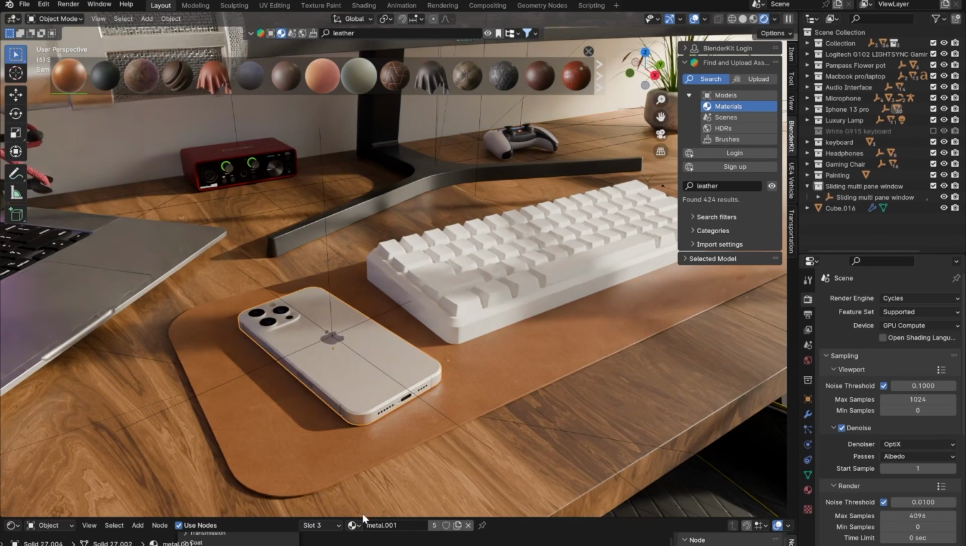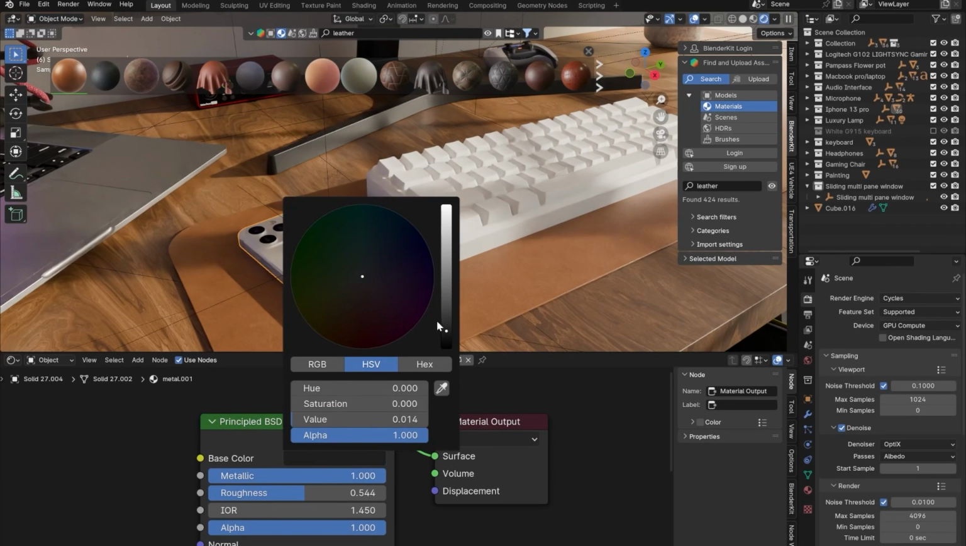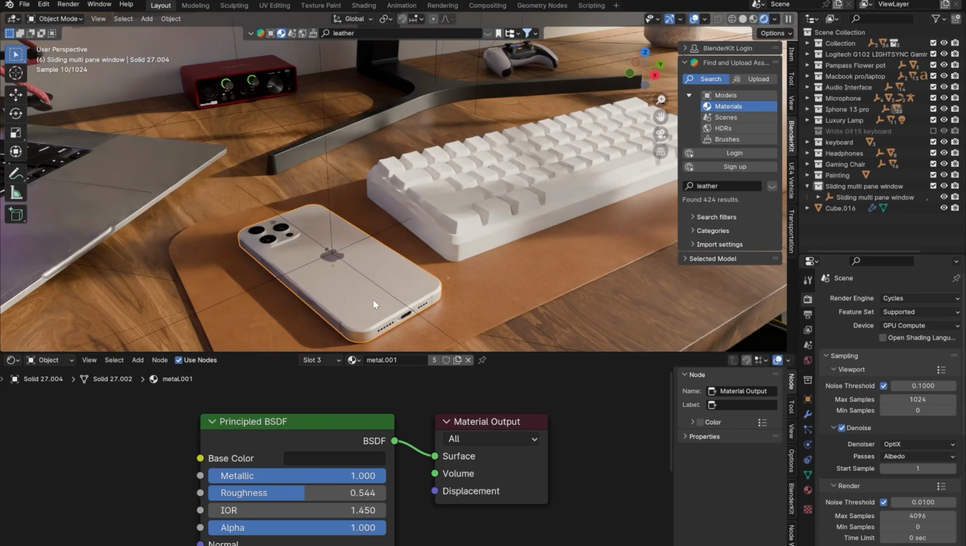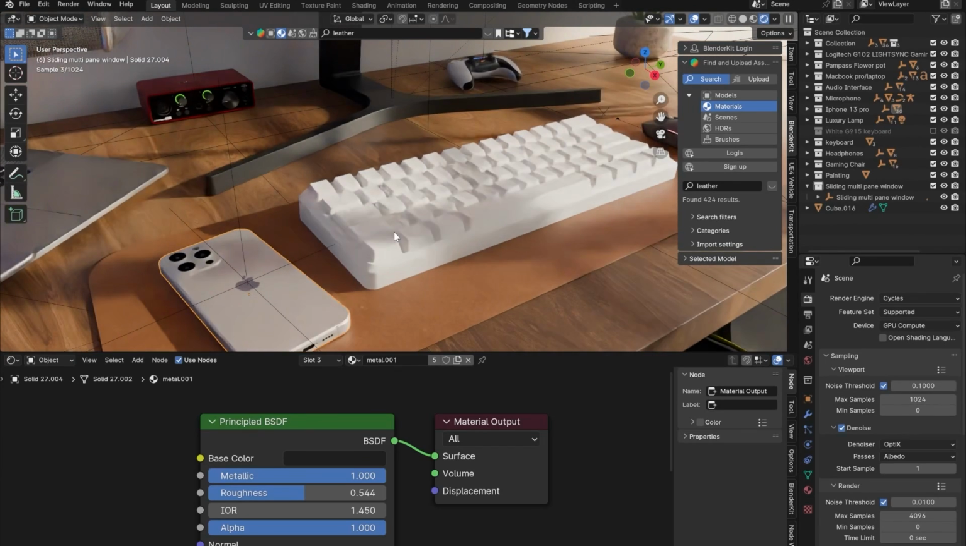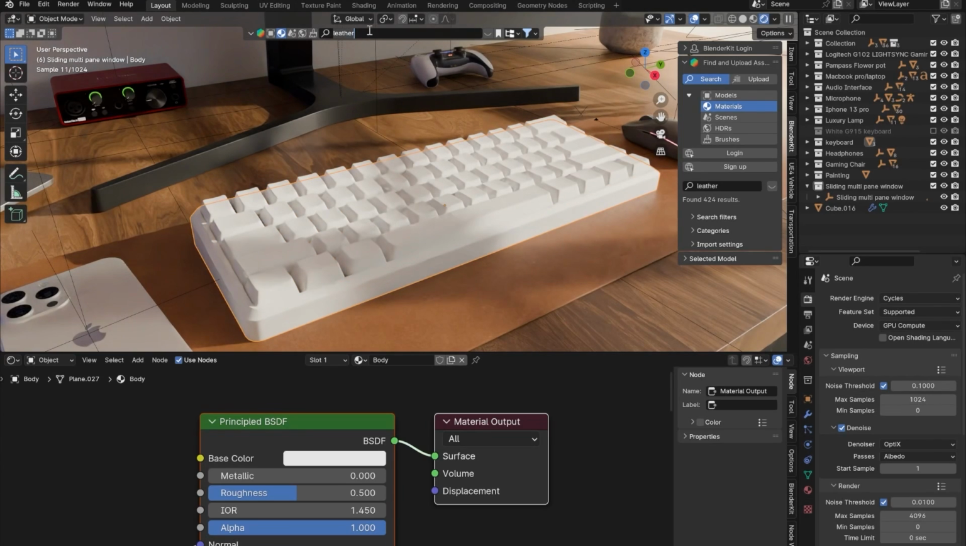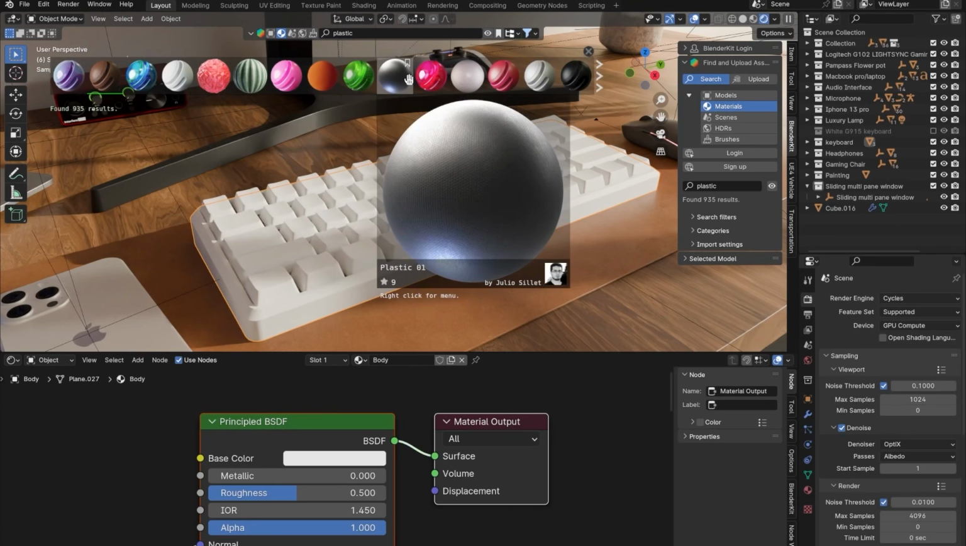You can change the color if you want, so maybe... actually I think the color looks pretty fine, pretty good. Moving on to the keyboard. So for the keyboard, what I'm going to do is I'm just going to be searching for plastic materials, search for plastic, and